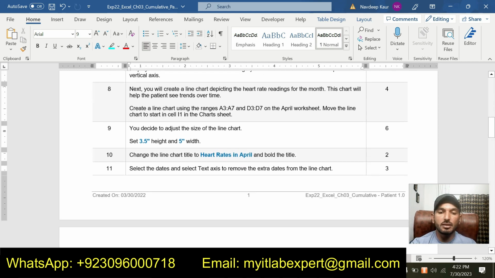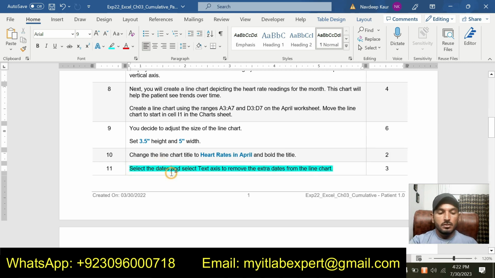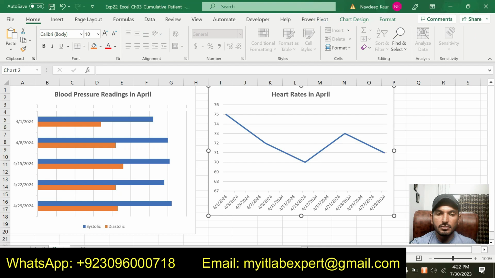Now let's move to next step, that is step number 11. Select the dates and select text axis to remove the extra date from the line chart.